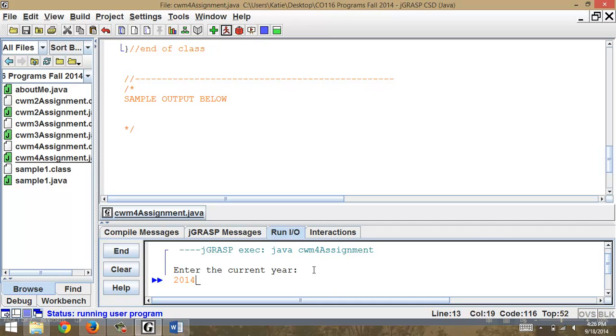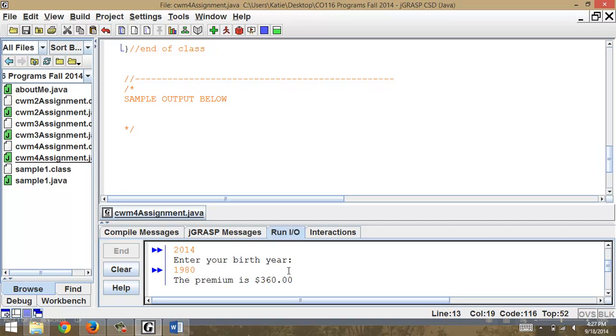What would that be, 1980? I'm not going to get my calculator out, I think this is right. So if 2014 is the current year, and she was born in 1980, that would make her 34. The premium is $360, and that's exactly what the sample output gives you